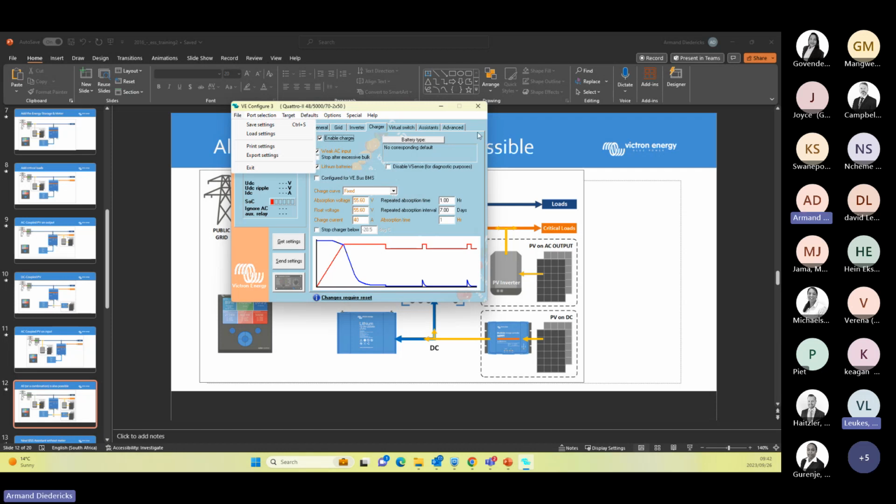This is not the easiest way to program. Victron Connect is much easier, but this is the old school VConfigure programming scenario. All right, once this is done, this is just for a single system. On a 3-phase system,